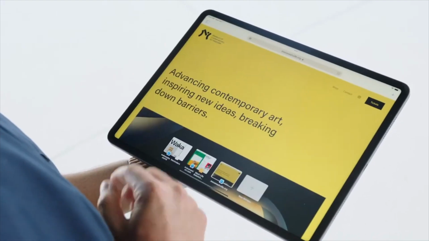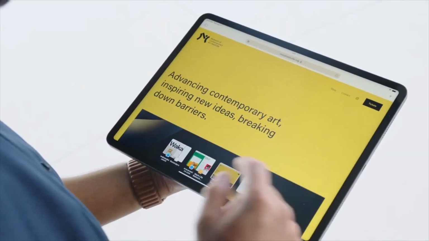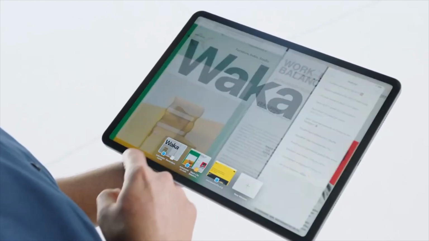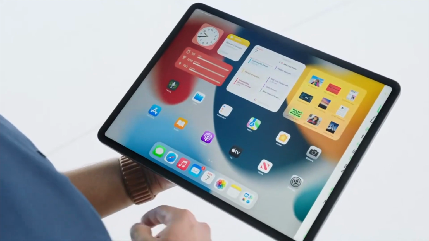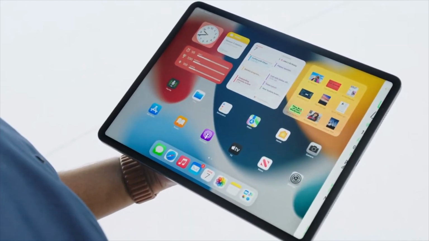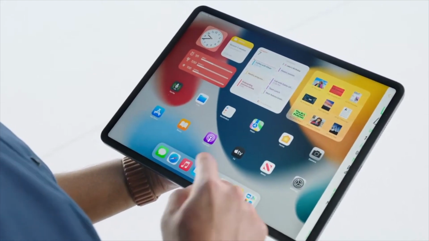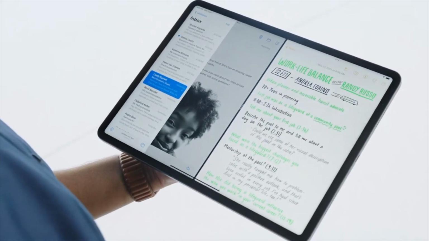So now you can make combinations of multitasking app pairings in split screen and save those and move between those easier, in a way to easily see your home screen and go back to a multitasking arrangement that you had on screen. And you will have new keyboard shortcuts for multitasking, but that doesn't seem to amount to a